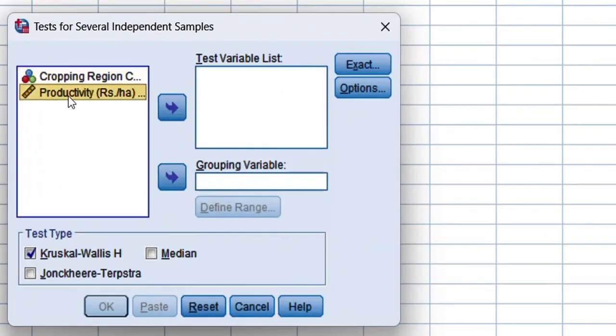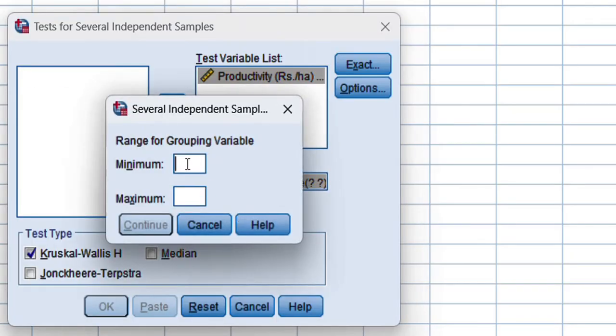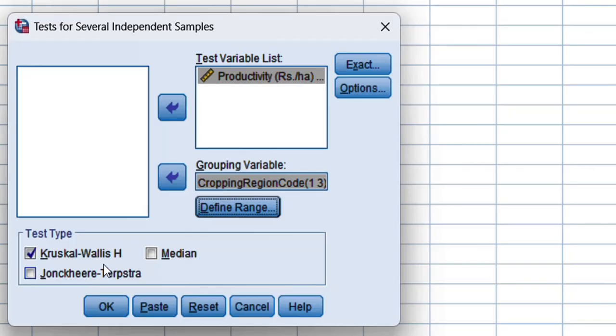Our test variable would be the agricultural productivity and grouping variable would be the cropping region. We will define the range for the grouping variable, which in this example lies from 1 to 3. 1 for wheat-rice region, 2 for wheat-cotton region and 3 for mixed crop region. So my minimum value is 1 and maximum value is 3. Click on Continue, select the Kruskal-Wallis test, press OK.